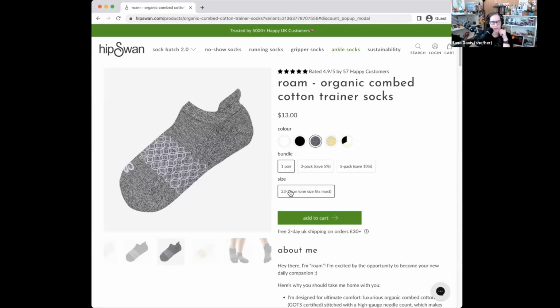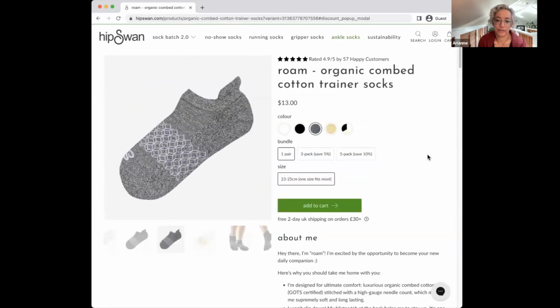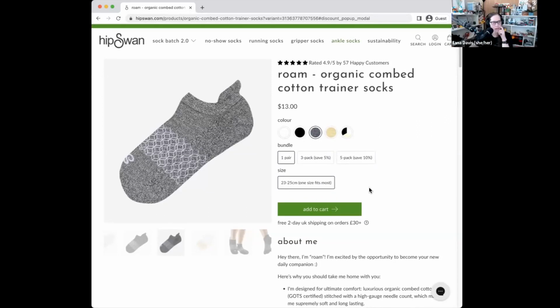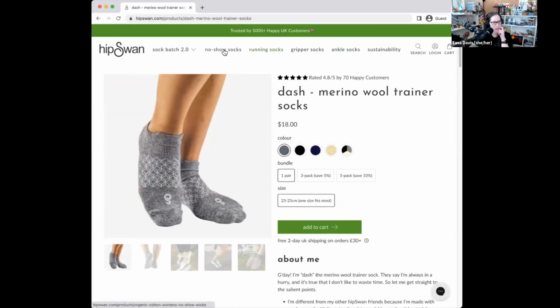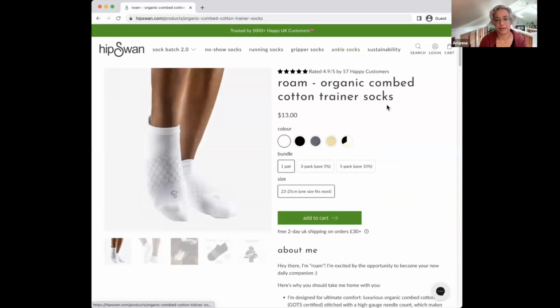Yeah, I didn't even catch that at first, that it had sizing. You're right. I missed that at first. And then I think it's weird that there is not a choice of size, but it looks like a choice. In the table? Right here where it says 23 to 25 centimeter. If you click that, are there options, or that's just the only option? That's it. I think that's a bit puzzling. I might change how that works. I wonder, do you have other sizing? Yeah, they all seem like it's a one size. I might just write that out in words and not have it look like a choice, because I feel like I'm doing something wrong when I'm trying to purchase and I can't click something else.